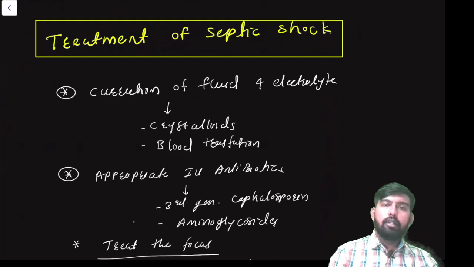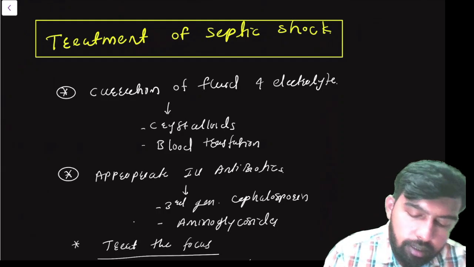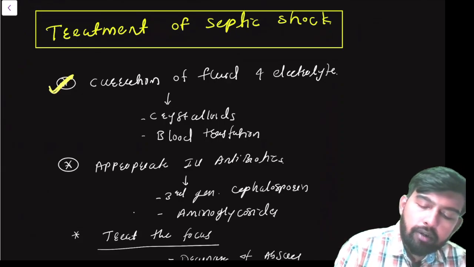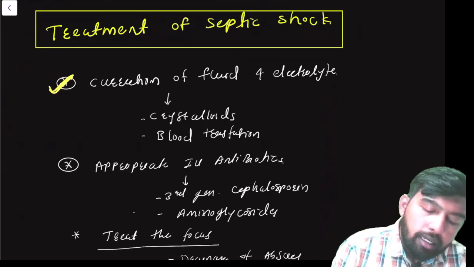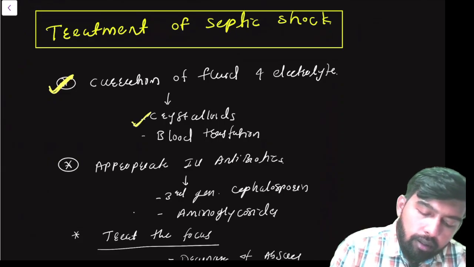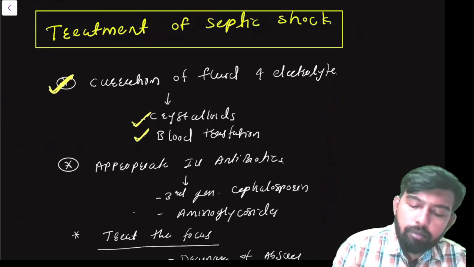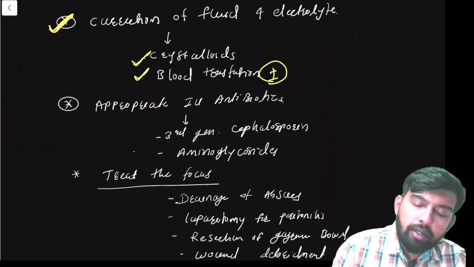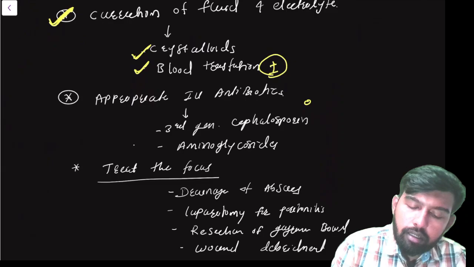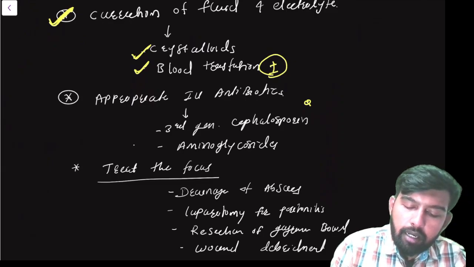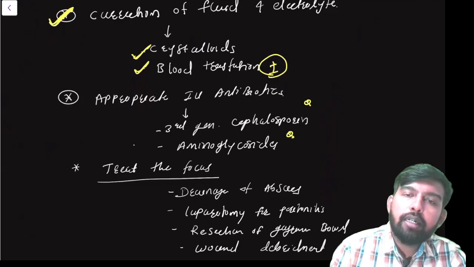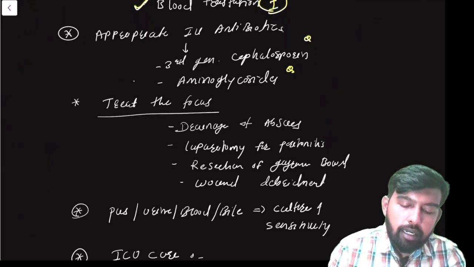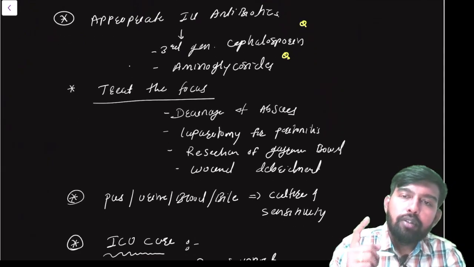So basically the septic shock is treated by, first, correction of the fluid and electrolyte. The treatment could be by infusion of the crystalloids, or if necessary blood transfusion can be given. Appropriate antibiotics are given. Generally third generation cephalosporin and aminoglycosides are required for the treatment of the septic shock, and treatment of the other factor like a source of